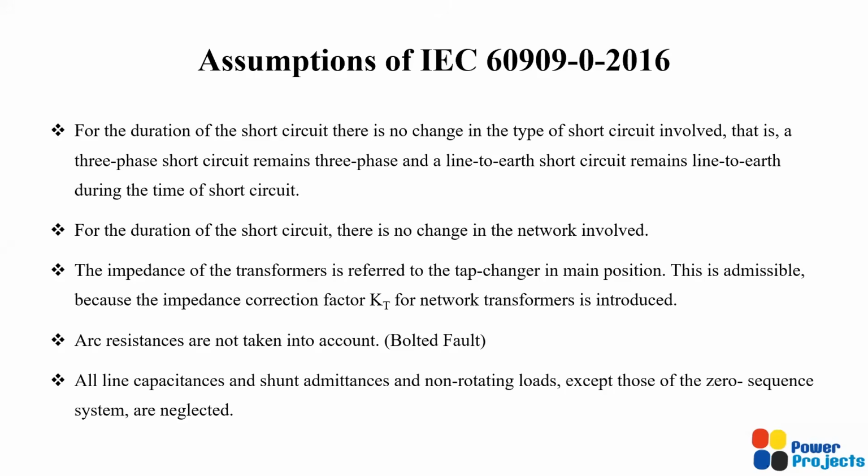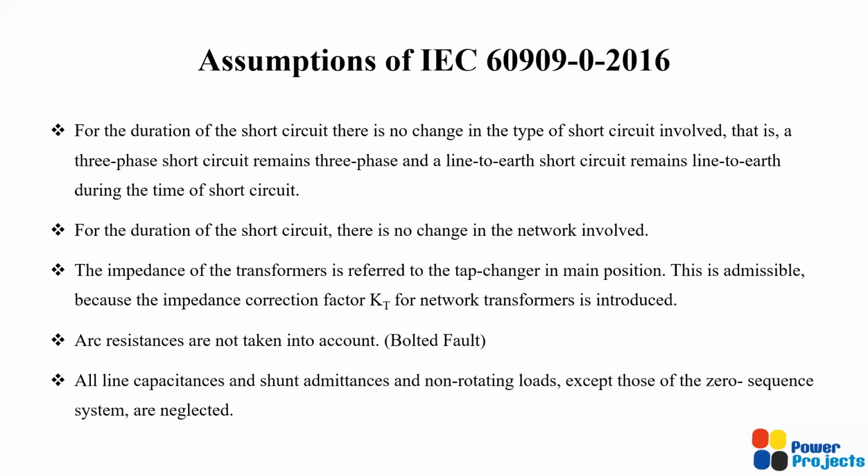The consequence is, in reality, if the fault occurs as a single line to ground fault, and if it spreads as a line to line fault or a 3-phase fault, then the asymmetrical current component could be more, but that's not covered as a part of this IEC 60909. So there is no change in the type of short circuit from the occurrence till the fault is cleared as per IEC. Okay. And the second one, during this short circuit, there is no change in the network,